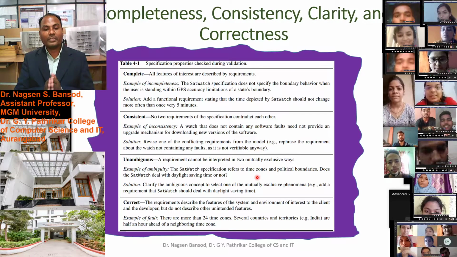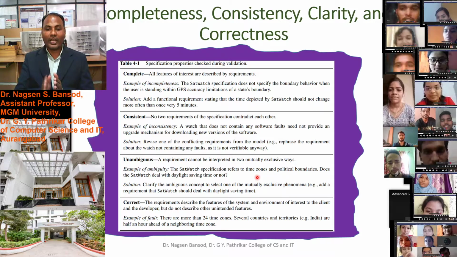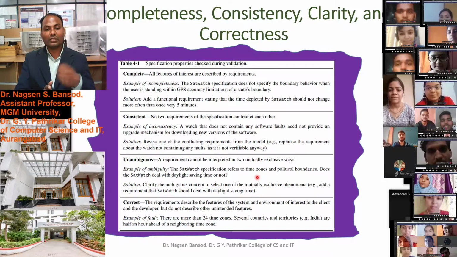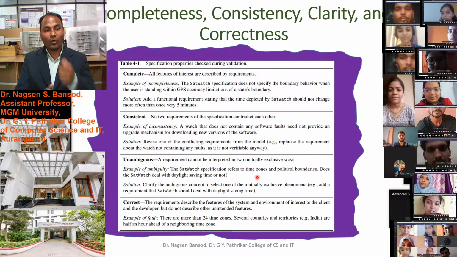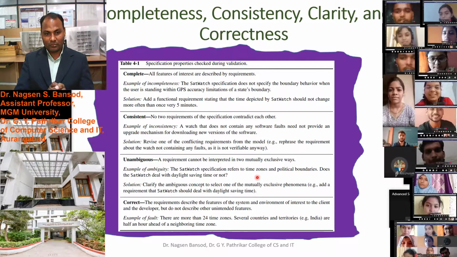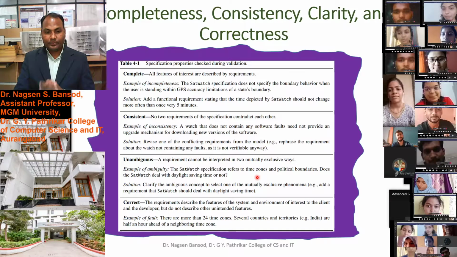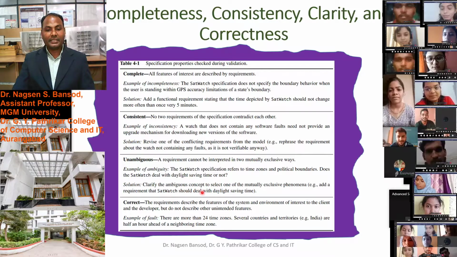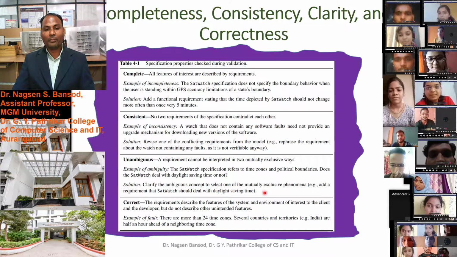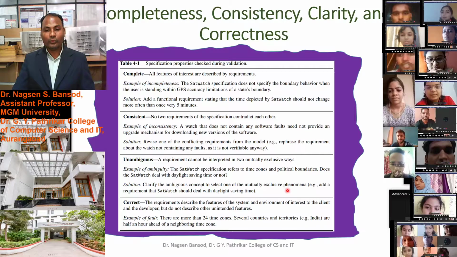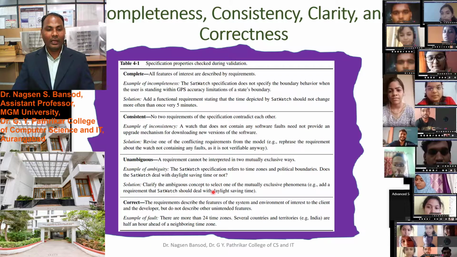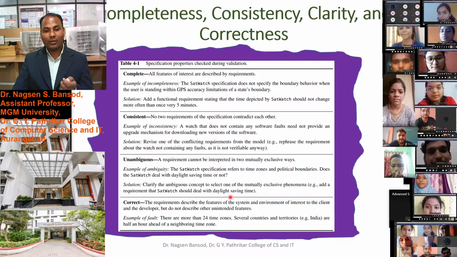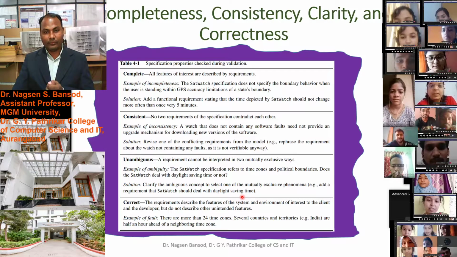The SatWatch specification refers to the time zone and political boundaries. Does the SatWatch deal with daylight saving time or not? Solution: to clarify the ambiguous concept, select one of the mutually exclusive phenomena. Example, add a requirement that SatWatch should deal with daylight saving time.